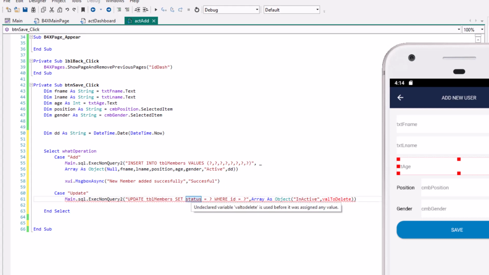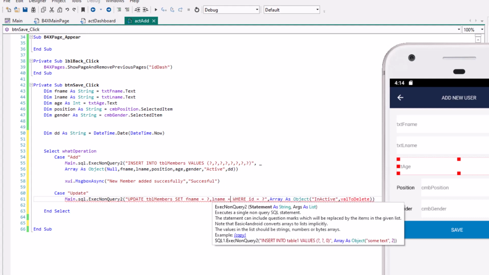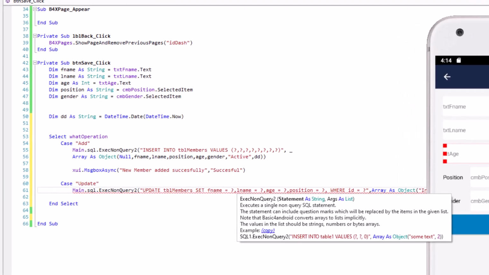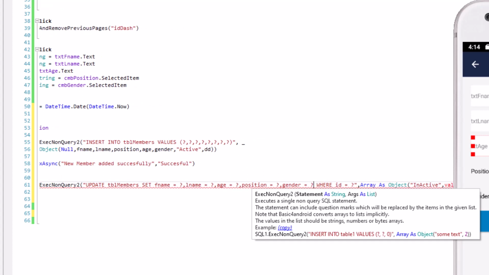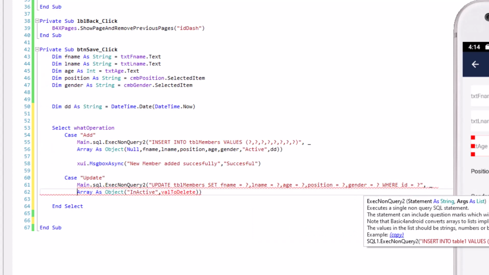Set first name equals to blah blah blah, comma, last name equals to I don't know, age equals to we don't know, position equals to we don't know, then gender equals to you don't know, where ID equals to you don't know. So let's bring this down.